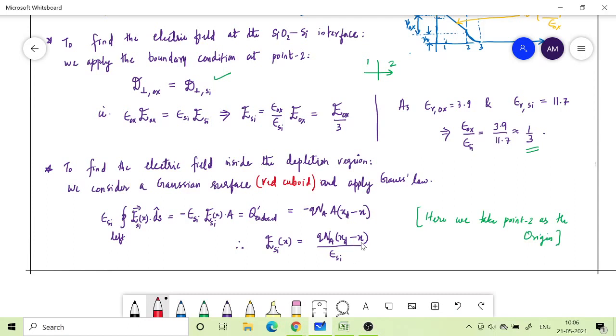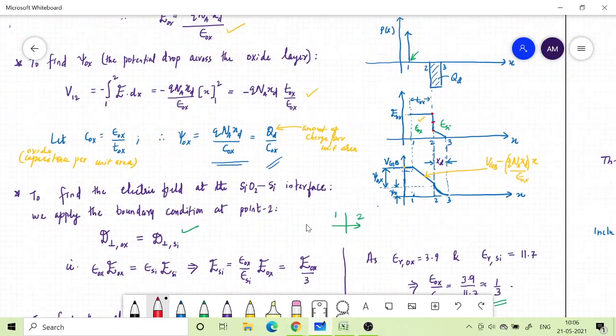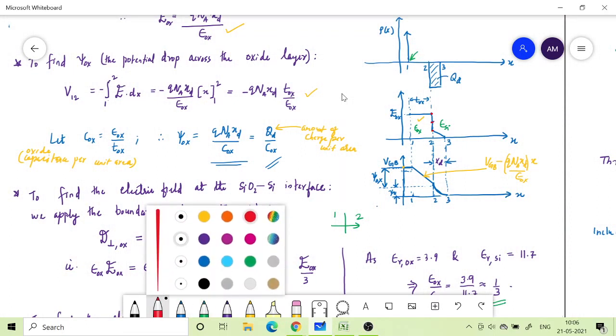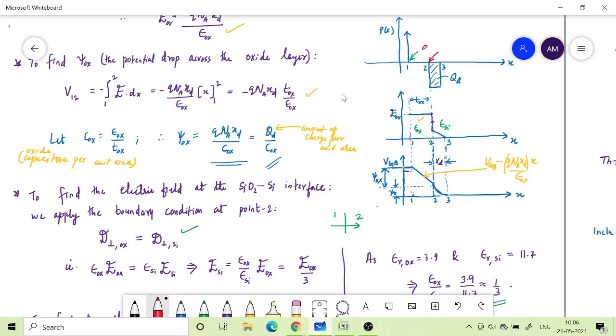If x is equal to 0, right now I am taking my origin, x equal to 0, at point 2. Earlier I said that for a red Gaussian surface my origin is here. So these are origins. For green, this is origin 2, and this one is origin 1. So point 1 is origin 1, and this is origin 2.